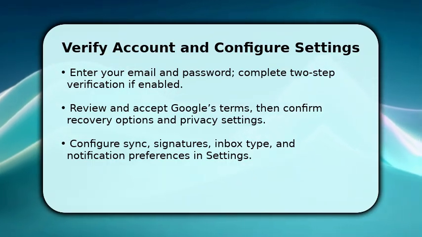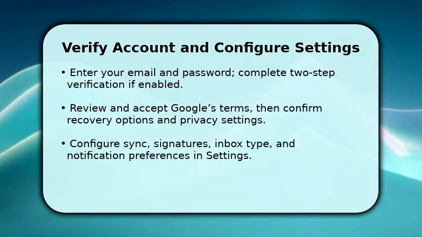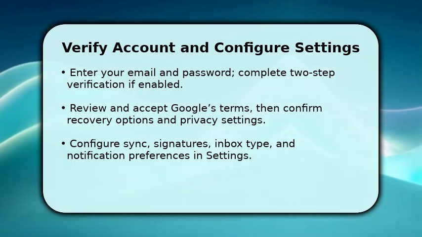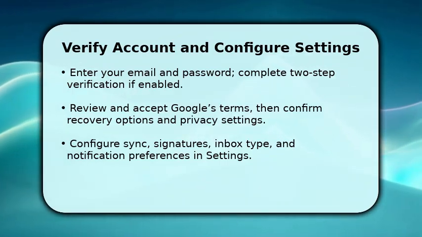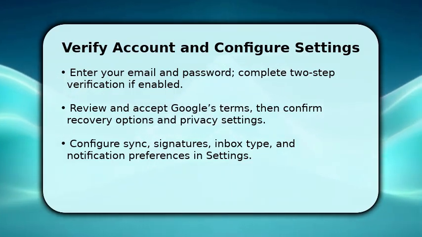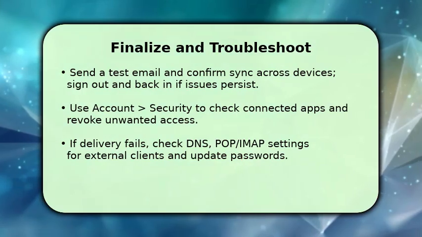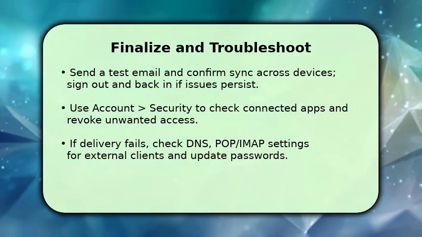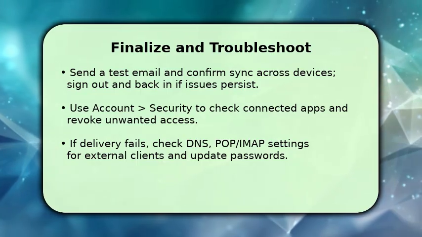After that, open Gmail settings to configure sync frequency, inbox type, signature, and notifications. These choices determine how mail appears across devices and how secure and recoverable your account will be, so adjust them now. You're nearly done. Send a test email to confirm sending and receiving, and check that messages sync on your